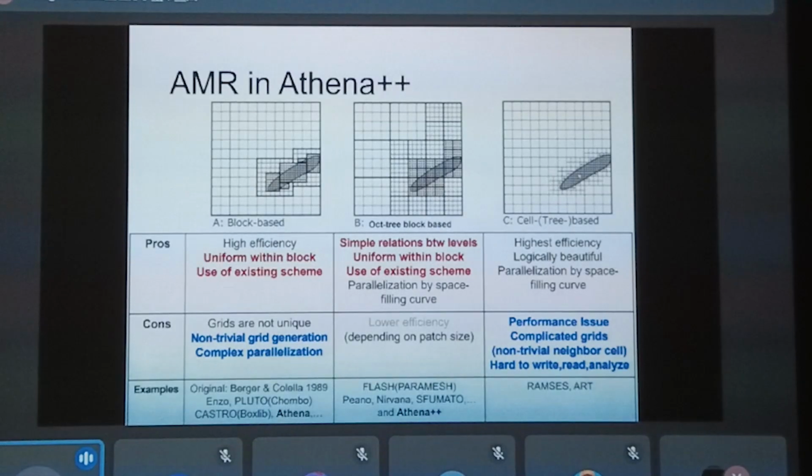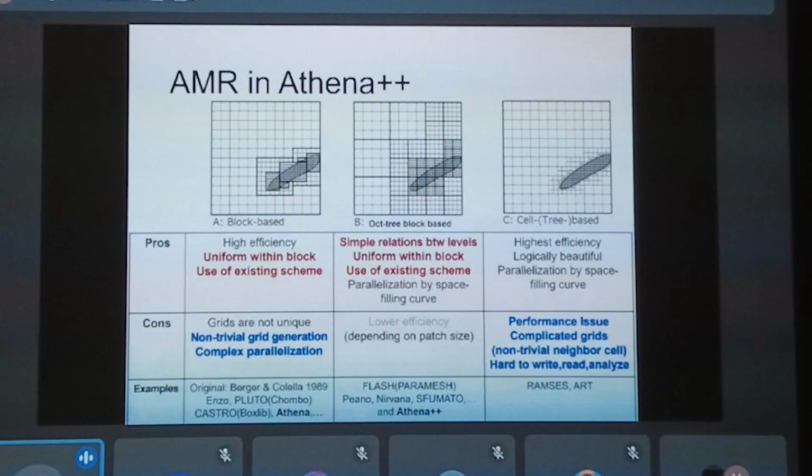However, the problem is that this implementation is not very computationally efficient because first, you always have to search on the space filling curve to calculate which cell your neighbor cell exists on the memory. And this prevents an efficient computation because it doesn't vectorize or SIMD very well.